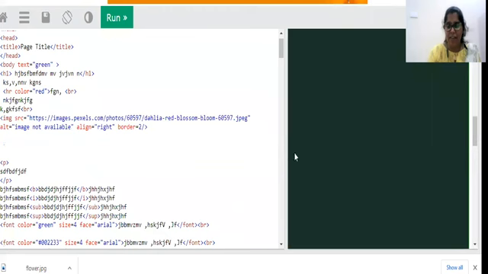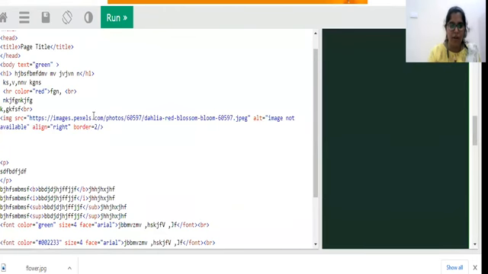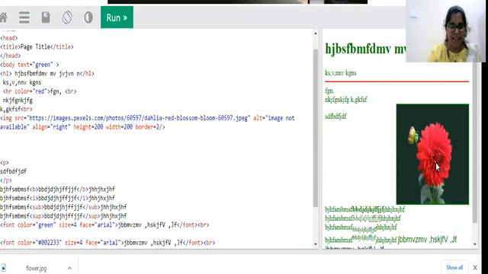And this is different from keeping the image as a background. So let me give here height and width so that it will be coming in a small size, and width is 200. So this is the image which we have inserted. If you are not mentioning, whatever the original size is, that will be displayed as it is.